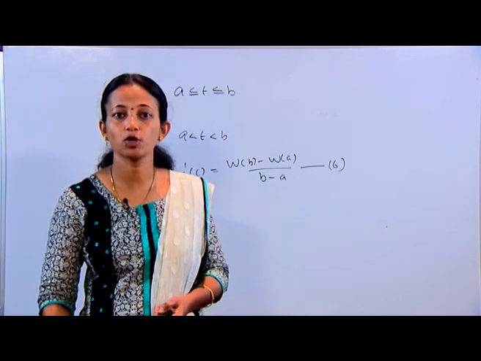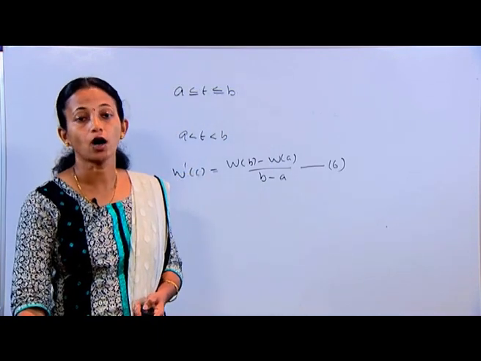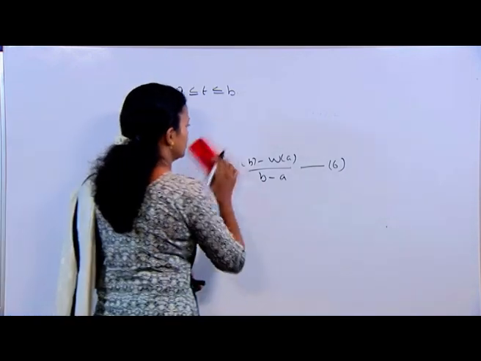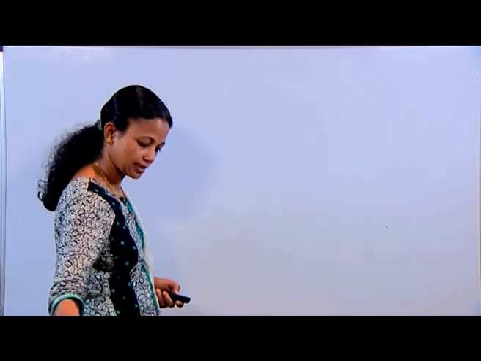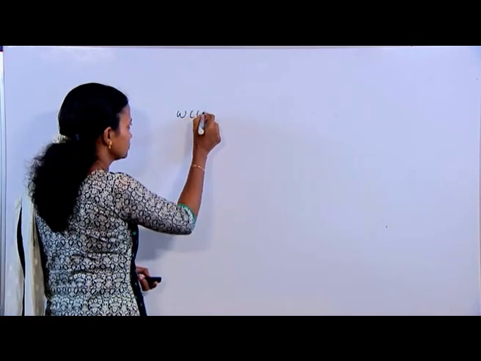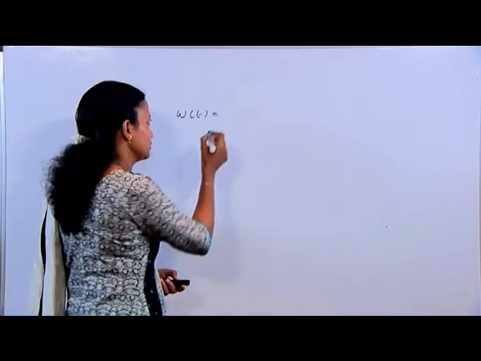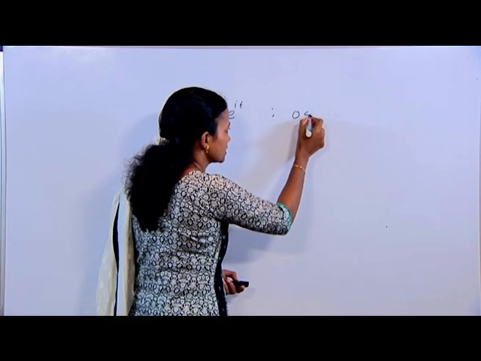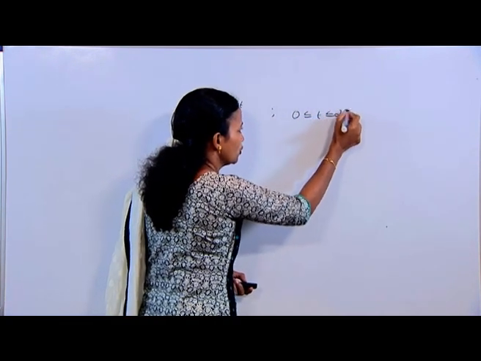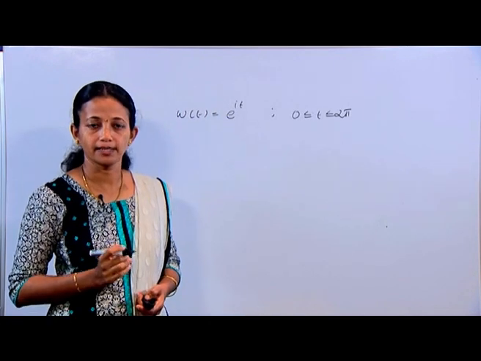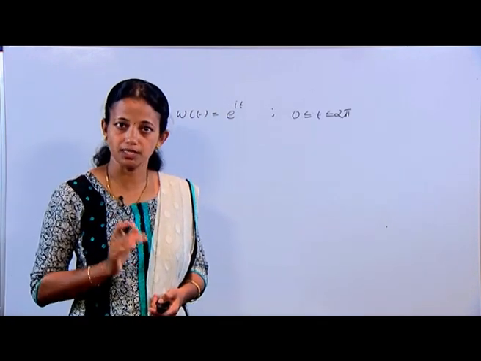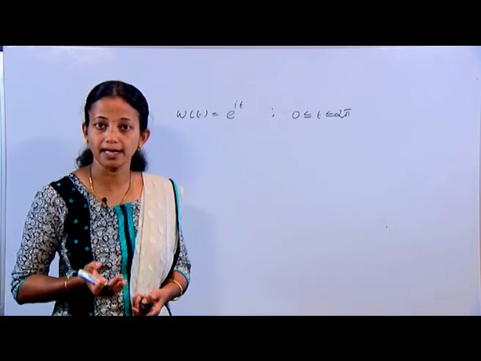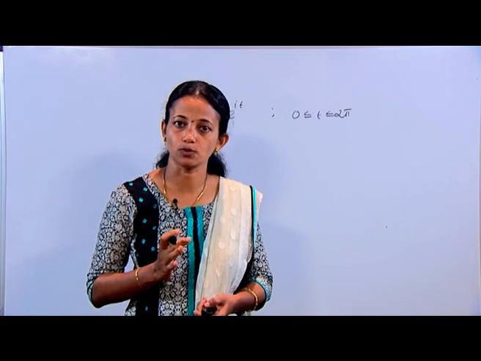Consider the function w(t) is equal to e raised to i t on the interval 0 less than or equal to t less than or equal to 2 pi. Then mod w dash t is equal to mod i e raised to i t, which I can write as 1, showing that w dash t is never 0, while